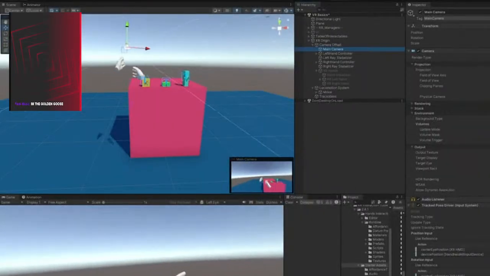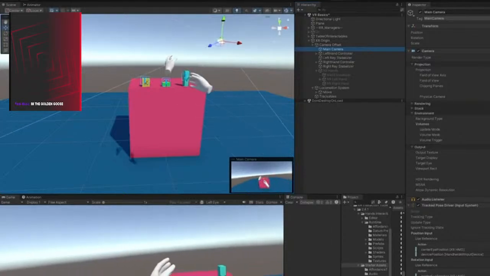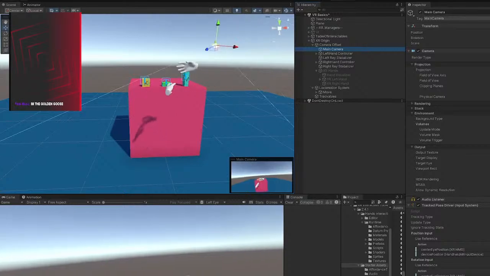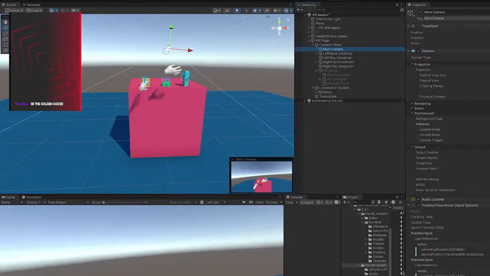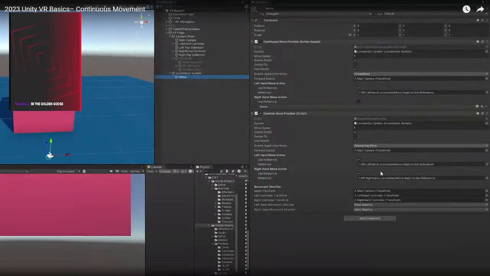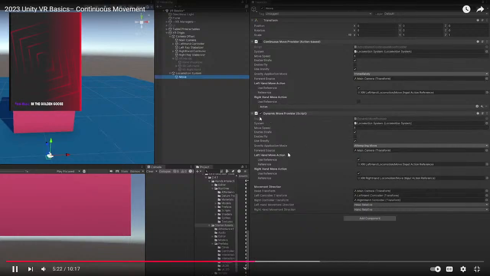Now you can see that when I start to move with my left thumbstick, I move in the direction of my headset, but when I use my right thumbstick and press forward, it moves in the direction of where my right hand's pointed. And yeah, that's how that works. Now, my personal preference is just to use the continuous move provider, so I'm going to go ahead and deactivate the dynamic